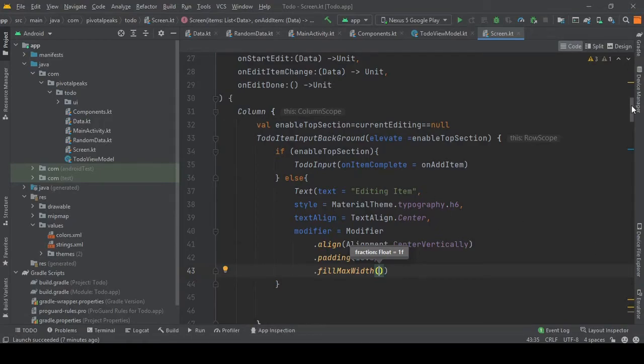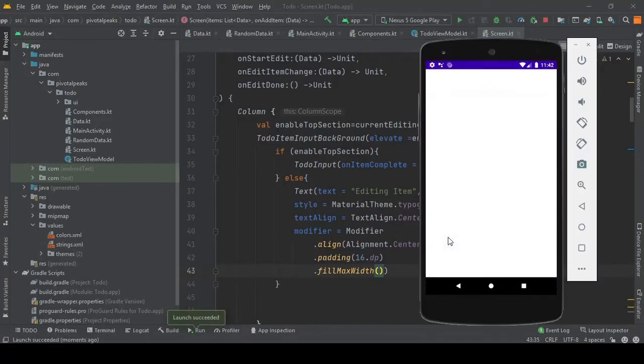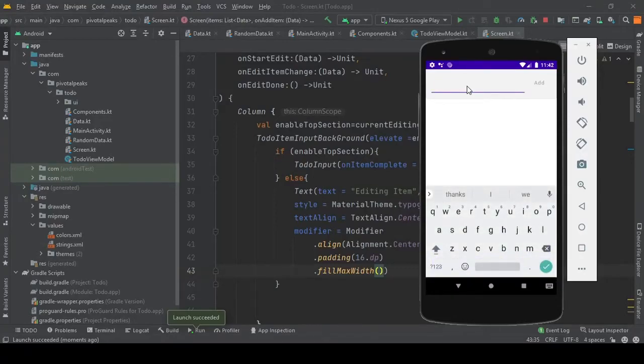And let's run the app and see if we get what we really wanted. So let's hit the run button. So let's add a couple of items quickly. Add an item. Let's add this item real quick.